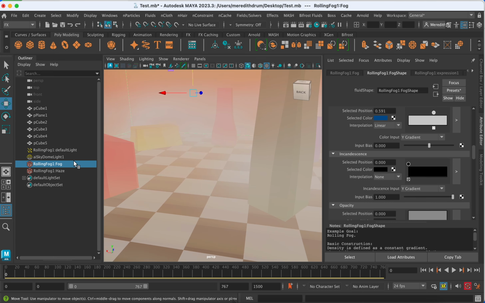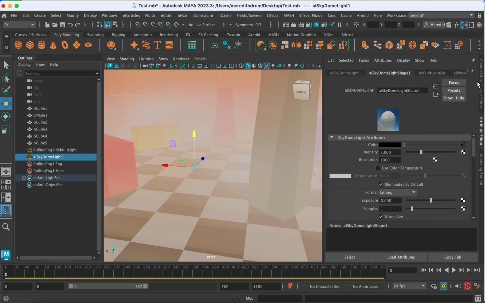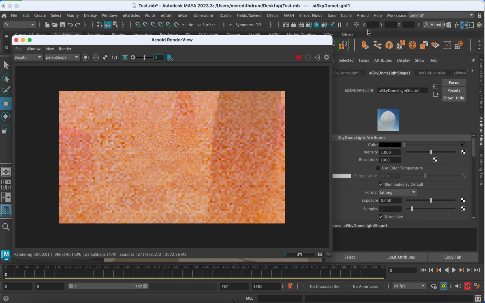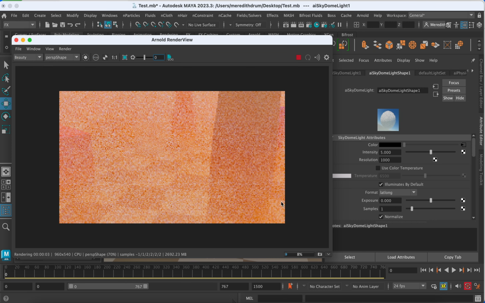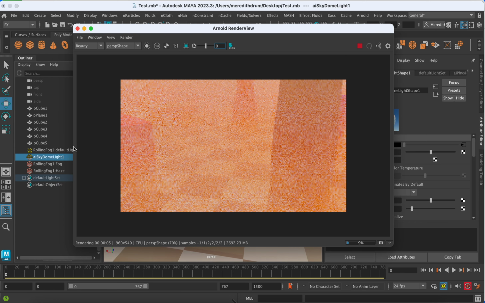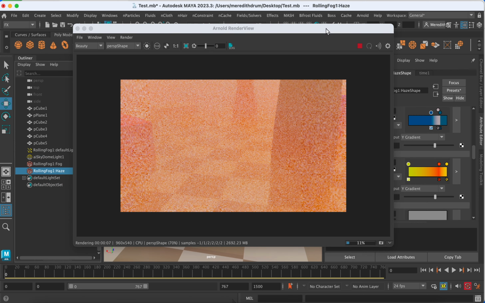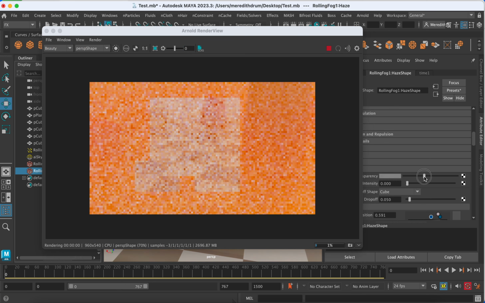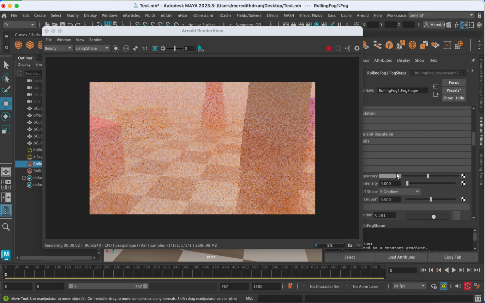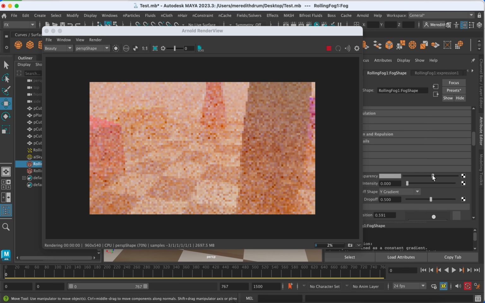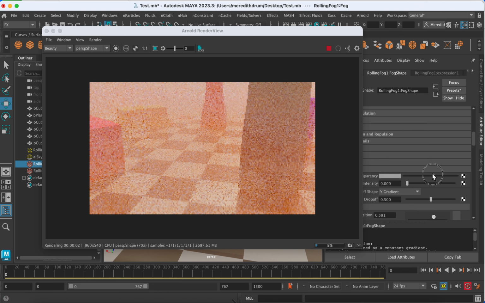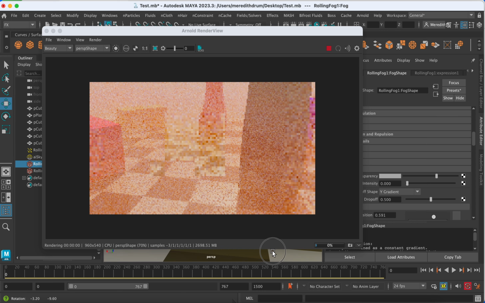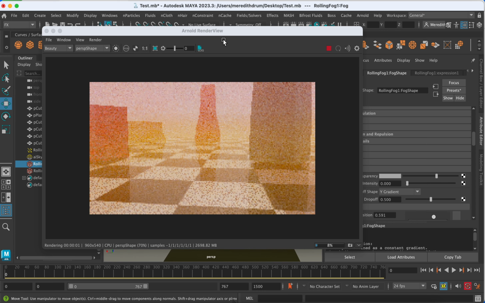I think we might have to bring up the settings here. Let's bring the lighting up to 5 because it's a pretty thick fog. And we see, yeah, it's pretty hard to see. So while we have that open, let's click on the haze there, and bring the transparency down a bit. Let's do the same thing for the rolling. And you start to get a little bit more clarity. I'm just moving the camera around.